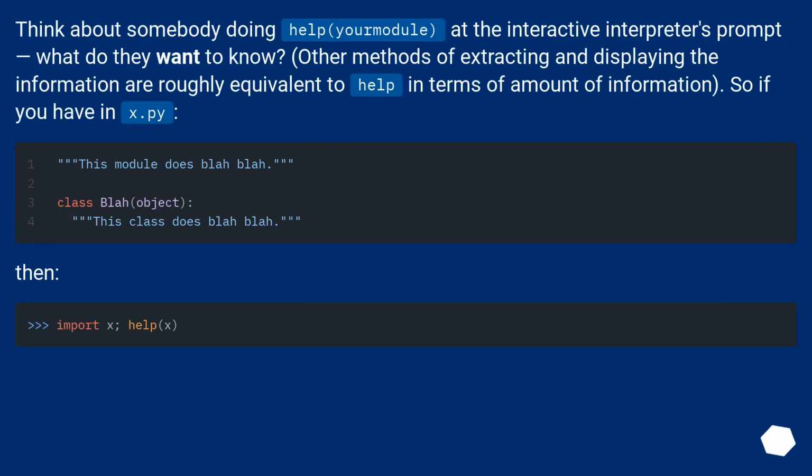Think about somebody doing help(your_module) at the interactive interpreter's prompt. What do they want to know? Other methods of extracting and displaying the information are roughly equivalent to help in terms of amount of information. So if you have an x.py, then help(x) shows: